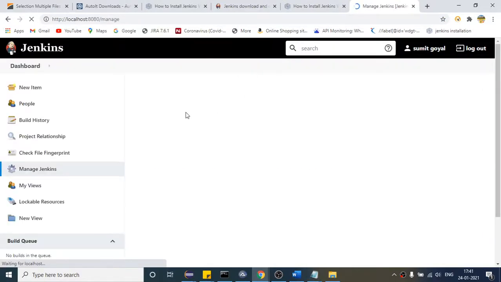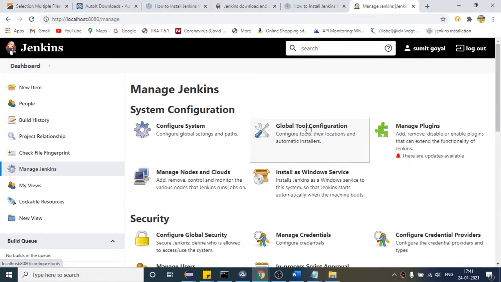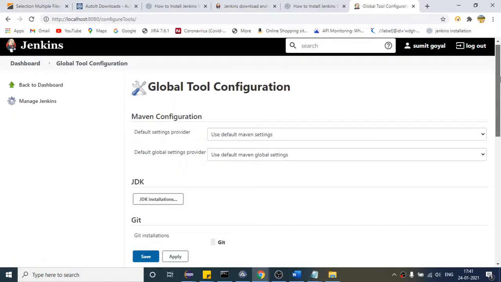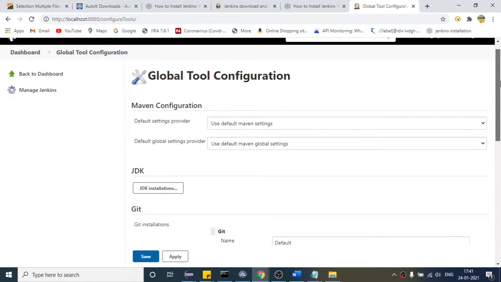Then you can come to Global Tool Configuration. Click this, and here you see Java Development Kit, so click this.